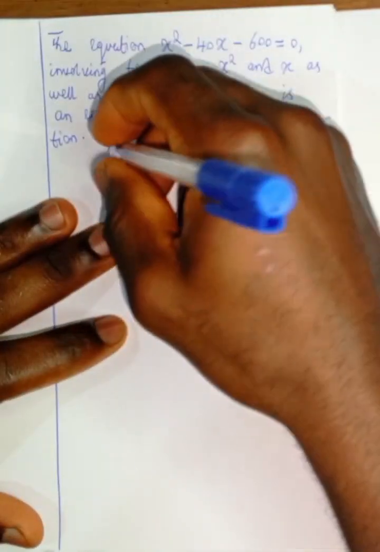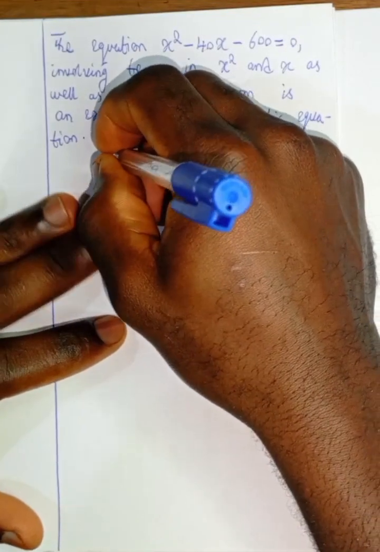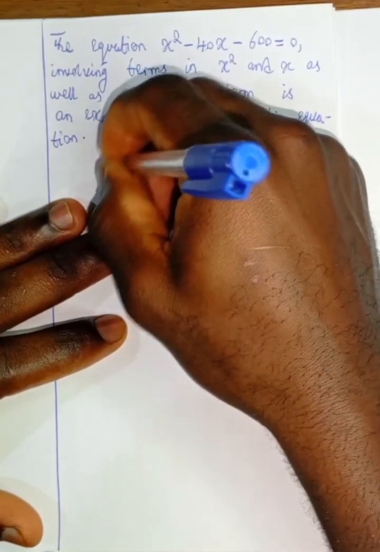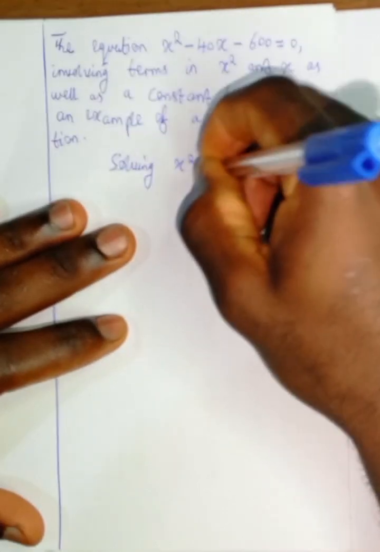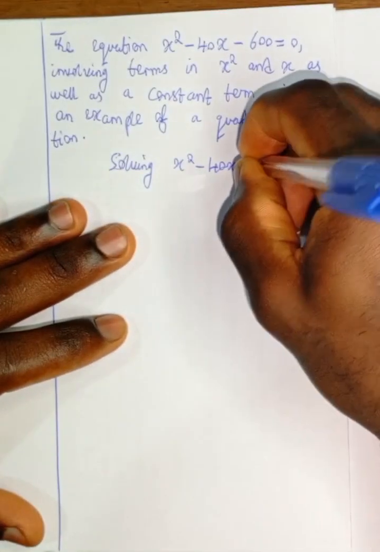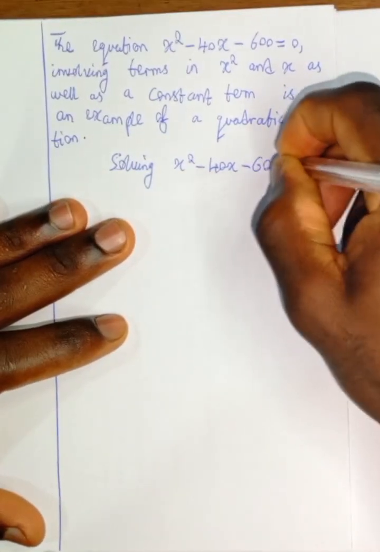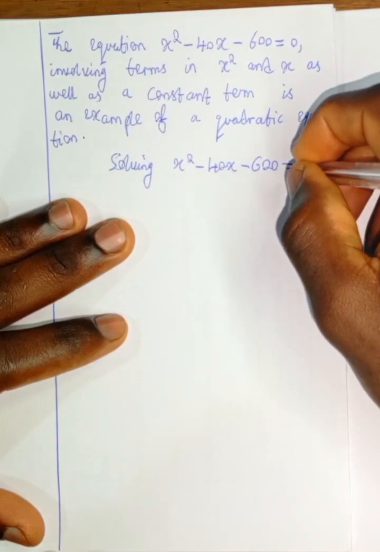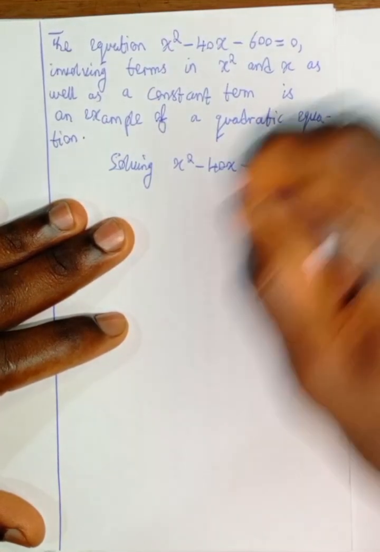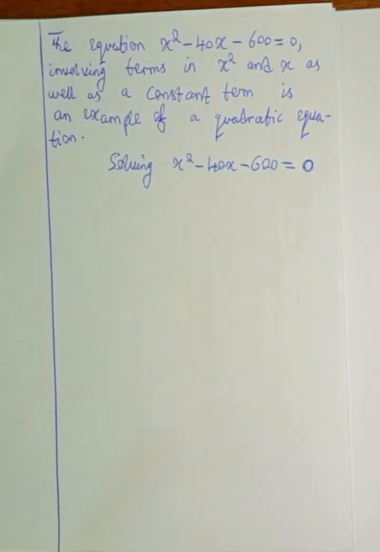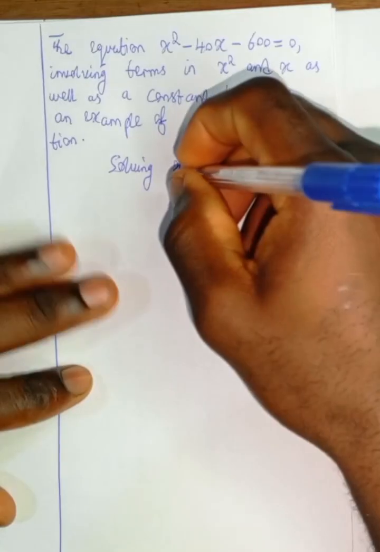Now let's solve our quadratic equation so we can know the length and the width of that field. Solving x squared minus 40x minus 600 is equal to 0. In this case, we are going to make use of the quadratic formula. So if you compare